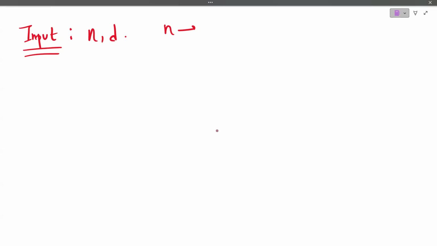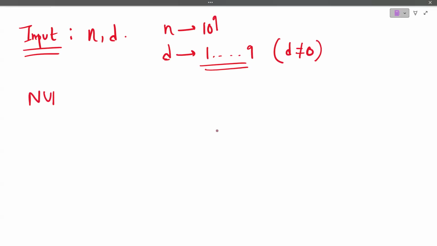N can be something very large. N can be of the order of 10 to the power 9, but d is some digit. It can be from 1 to 9. Note here that d can't be 0. D is something from 1 to 9, it can't be 0. Great. Now, the question says to construct a new number. Let me call that num. The question says to construct a new number num, which is basically d, d, d, d, all the digits copied